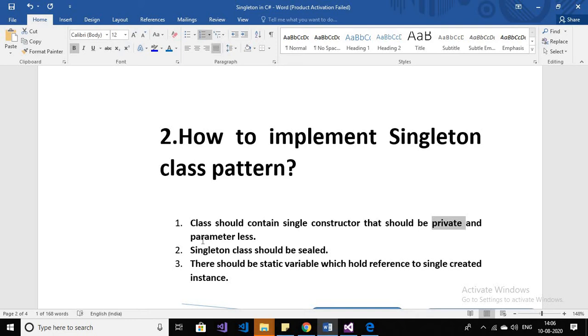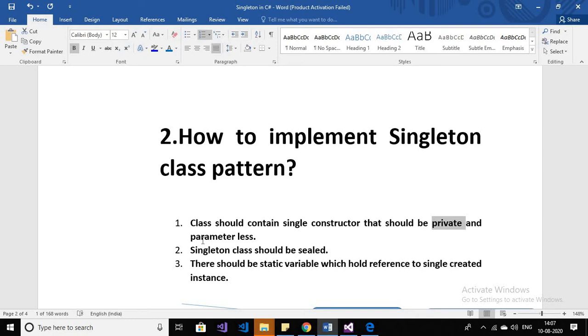Because of that reason there should be a static variable. As you know, if there is any static variable inside the class, then we can access that static variable, static method, or any static value by using the class name dot the static variable name. A static variable holds a reference to the singleton instance of that class.